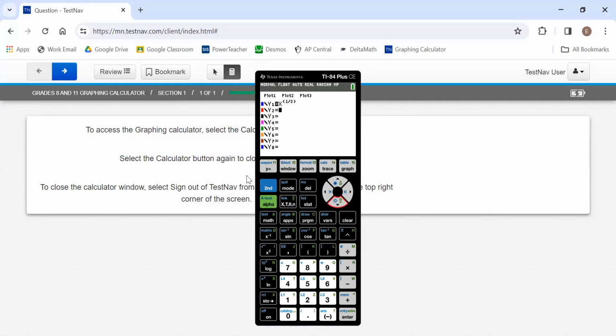And for the second function, we'll just put in x squared minus 2, and we'll graph both of those. The x values at which we are intersecting here should be the y values at which we intersect for the other equation, because we have everything in terms of y. And so if we go in and calculate those intersection points by using the intersect function,